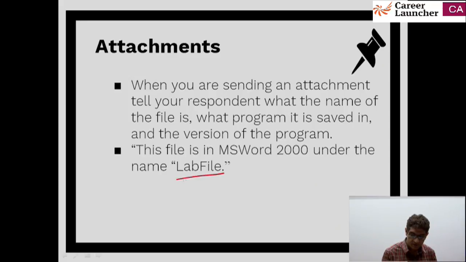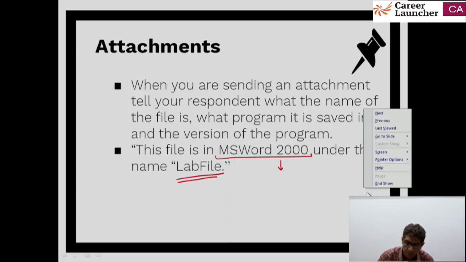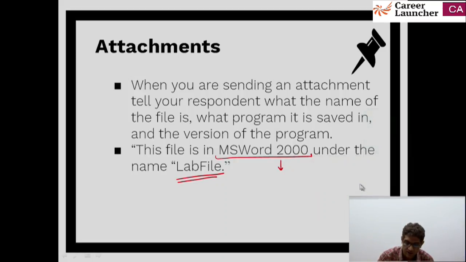So, you notice that you have the name lab file, and it talks about the software along with its version or variant. In fact, we struggled a lot for a couple of years during presentations, because a lot of people used PowerPoint 2007, and the animations could not be ported to the higher versions, or they used the higher versions and expected them to run on the lower version. We had that issue for quite a while. So it's always a good idea to mention this about your attachments there.